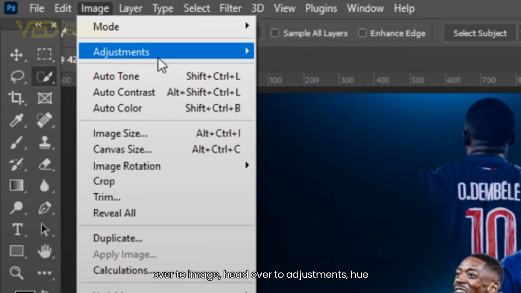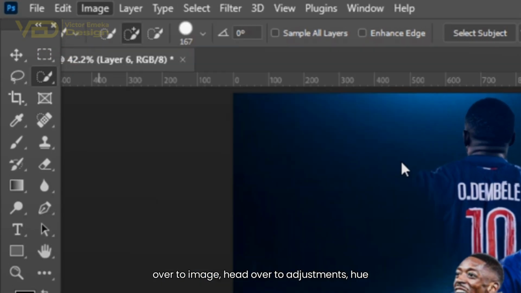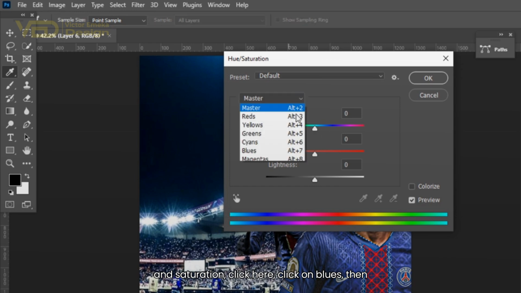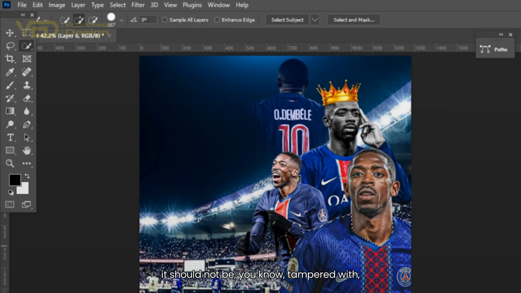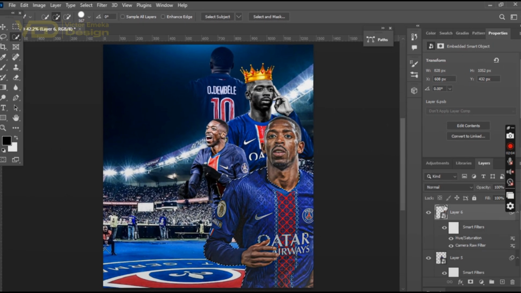We'll head over to image, head over to adjustments, hue and saturation. Click here, click on blues, then move it. Are you seeing it? It's just the blue color in that selection that is going to be adjusted. Every other color will not be tampered with. Now we've done just that. We hit Ctrl D to deselect, and